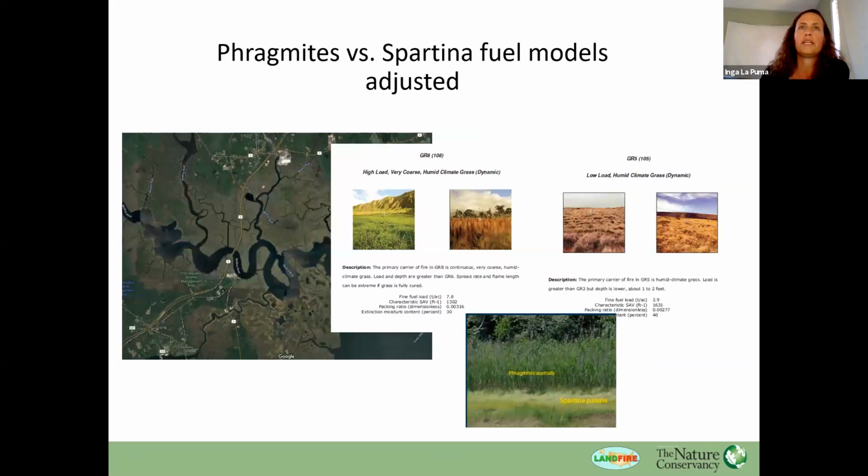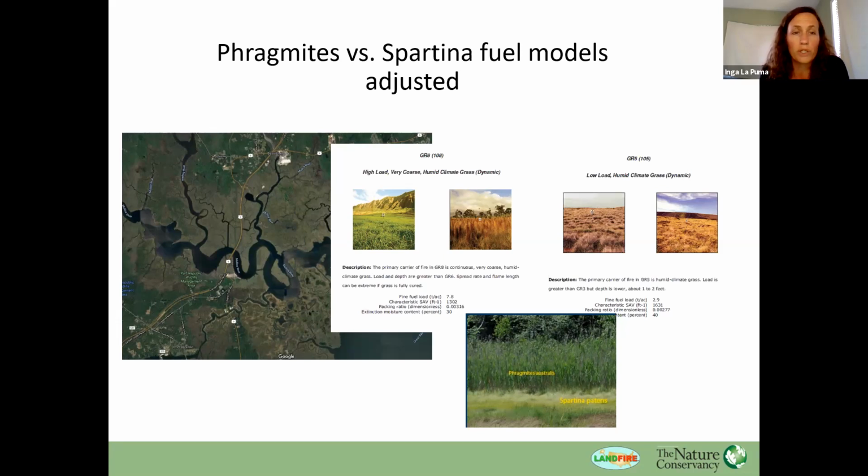So another issue we had, and just to orient you, that river there is the Mullica River, which comes out into the Great Bay, just north of Atlantic City. There's quite a bit of salt marsh in this area, predominantly a high marsh dominated by Spartina patens, also called salt hay.